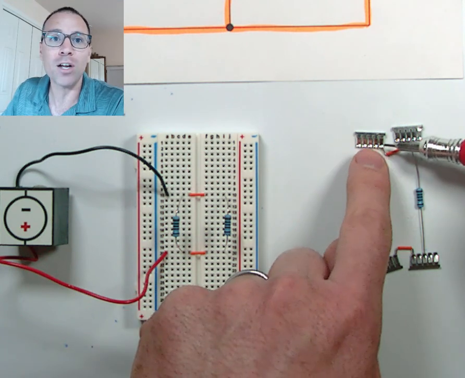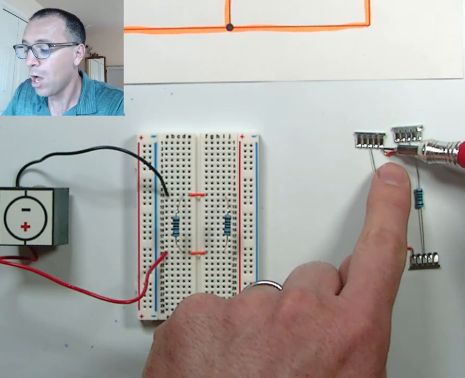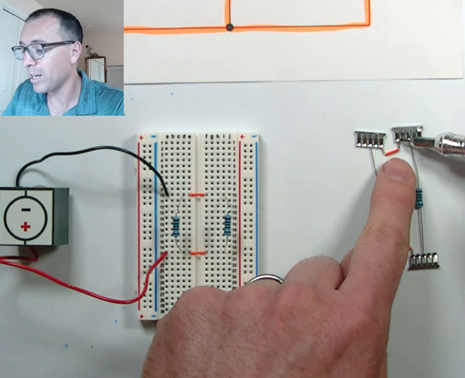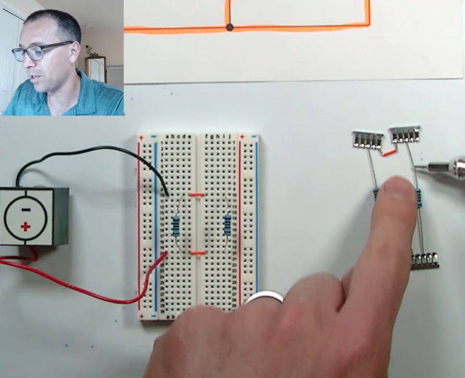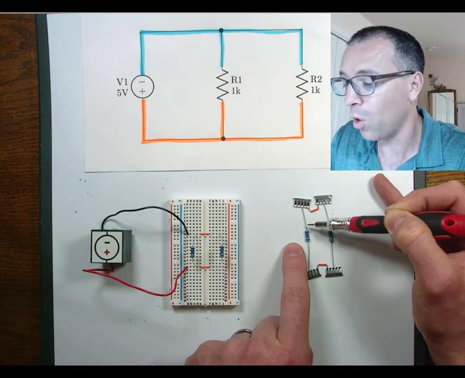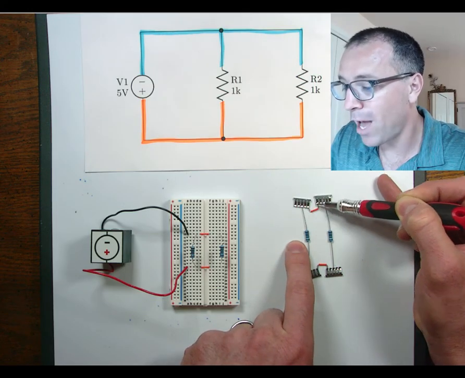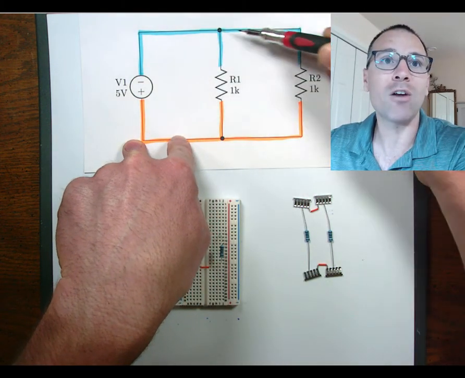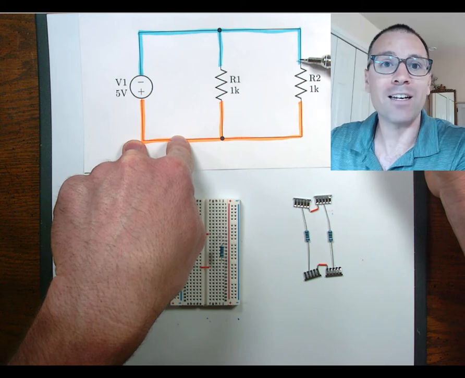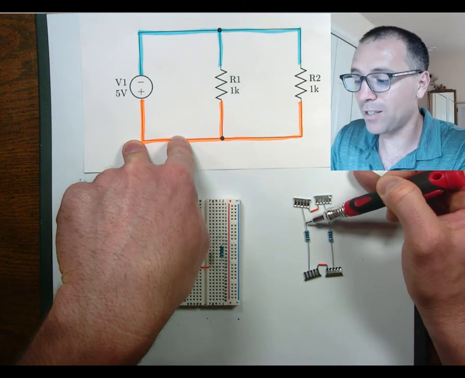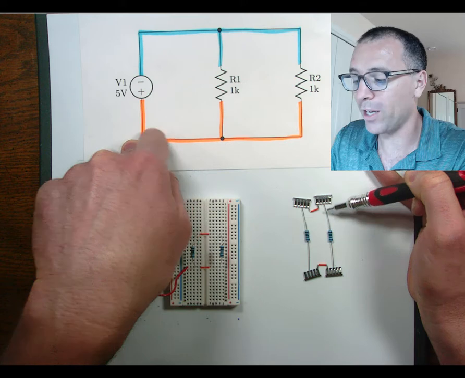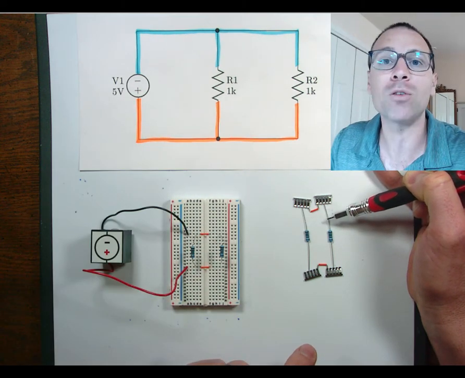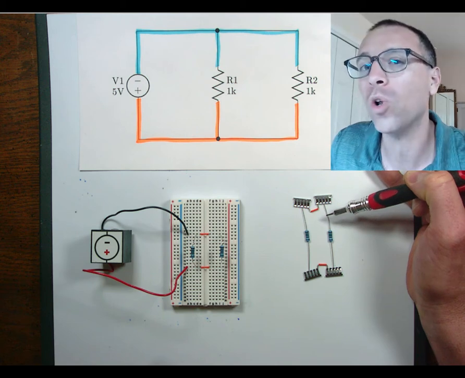Same thing over here. The contact strip is connected to this jumper wire. Flow of current happens with no change in behavior. It connects to this contact strip, comes down, connects to this metal piece on the resistor. So this whole set of metal is one node. That's what we see at the top of this circuit diagram. The blue node highlighted in the ideal schematic represents the concept that all of this metal is electrically connected and no changes in current flow happen as a result of this, at least on the scale that we're looking at.